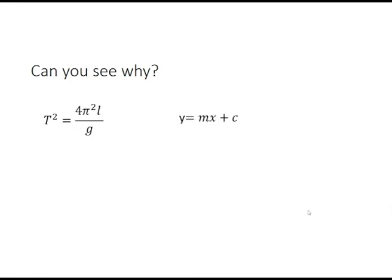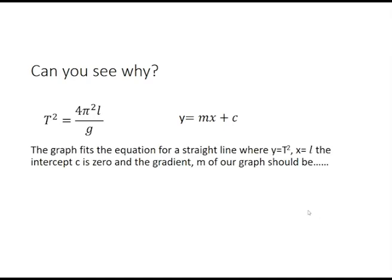So let's have a look. You've got a straight line graph. Here's the equation for a straight line graph: y equals mx plus c. So looking at our variables, y is T squared, x is L, and the intercept in this case is 0. So the gradient of our graph should be